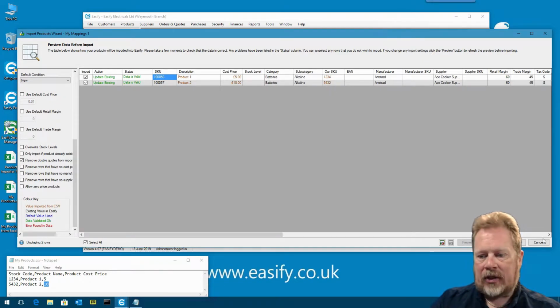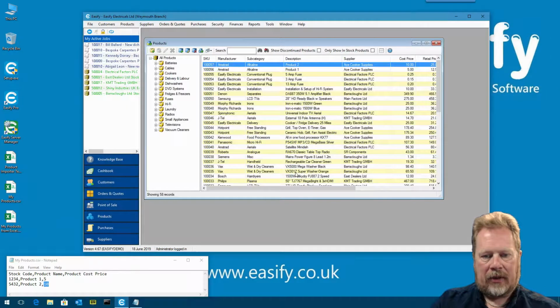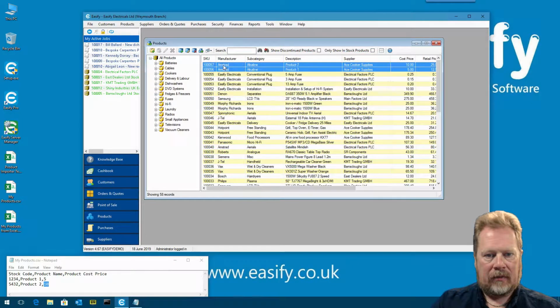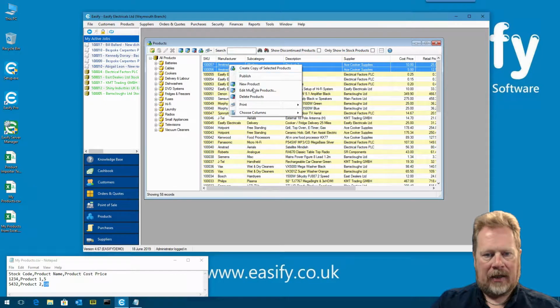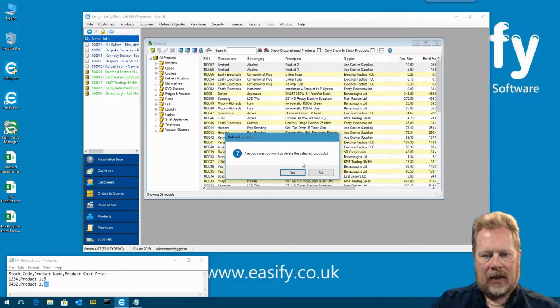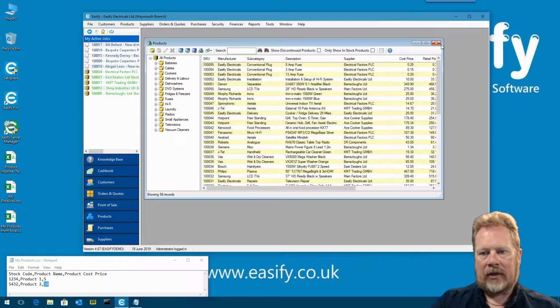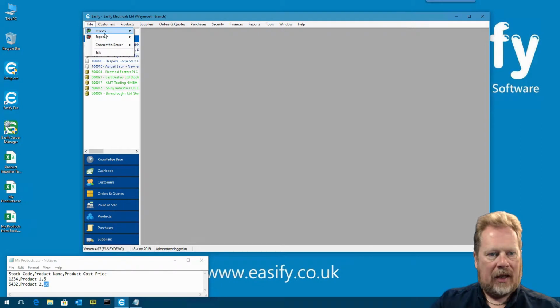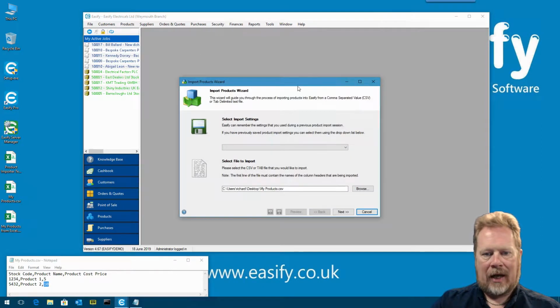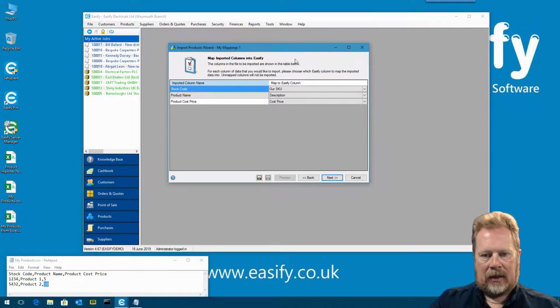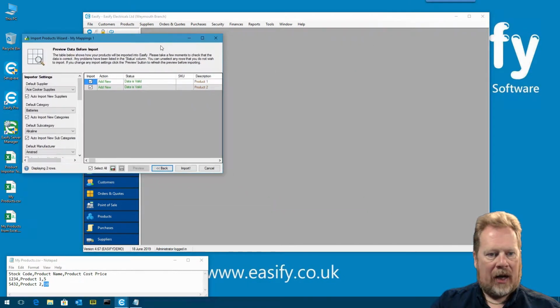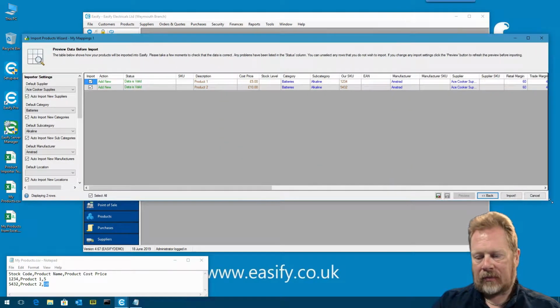So what we'll do, let's just cancel that, and we'll cancel the product import. And I'm going to select these two products, and I'm just going to delete them. So I'll select the first one, hold Shift, click the second one with the left mouse button, right click, and delete products. Are we sure we want to delete them? Yes, we do. Okay, now let's go back to the product importer, and we'll go Import Products, and we'll select our settings, My Mappings 1, and click Next again, and there we're back to where we were originally,